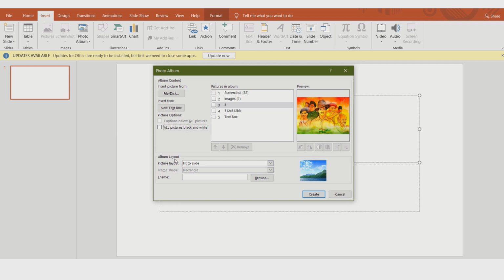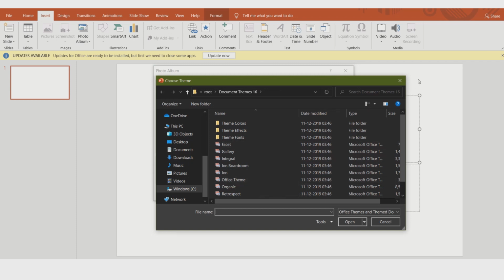Then album layout, picture layout, this position, fit to slide. These options are active and the other options are inactive. Just this option you have to choose. Frame shape, rectangular shape. Then theme, you have to choose from browse.